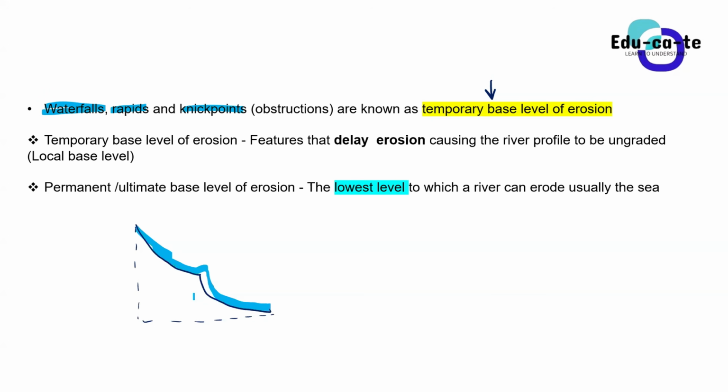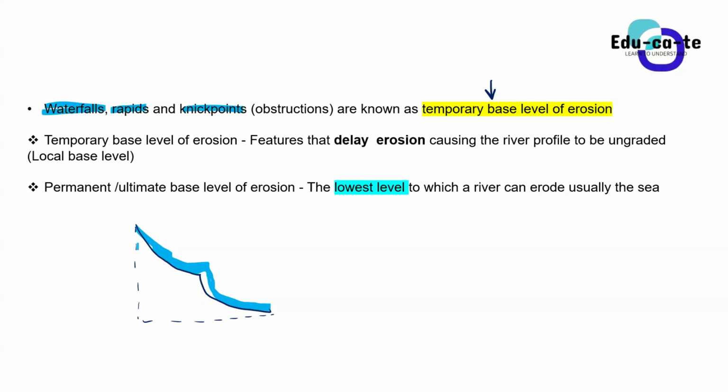Why do we even call them the temporary base level of erosion? Because they can be eroded away, guys. A waterfall does not always last for long. It can retreat. When I taught you about headward erosion, please revisit that session again. I recorded it as a video and it is still present. I told you that when water is falling at a nick point, when we have a waterfall at a nick point, the waterfall actually migrates upstream via headward erosion or backward erosion. Why is that? It's because the waterfall can be eroded. It is a temporary base level of erosion.